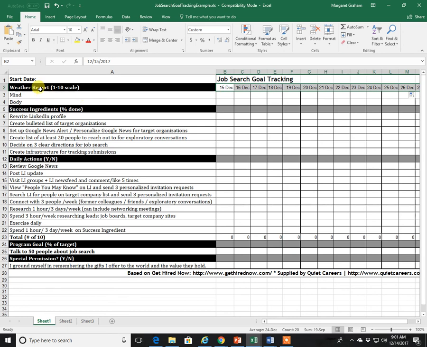And then what you're going to do every day is come into this document, and you're going to use what I call the weather report. This is based on a structure that was developed by Get Hired Now. So you'll see here the credit is down here if you want to look them up. And the weather report is really important because you want to be aware, and we'll talk more about your mind management as we move through this process. But you want to be aware of